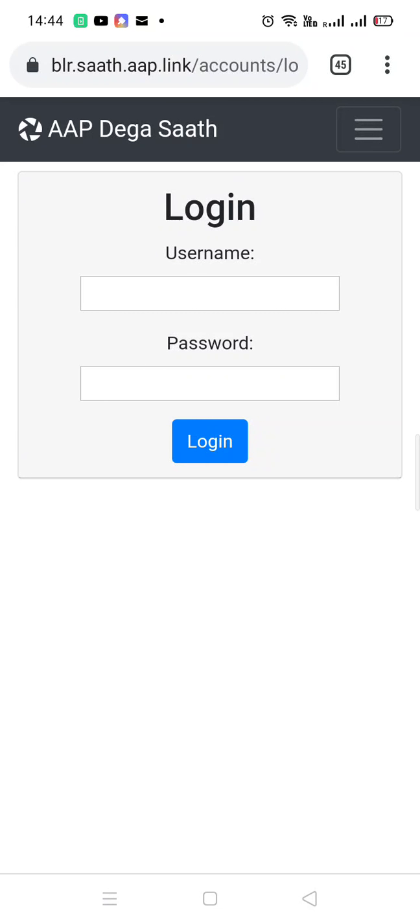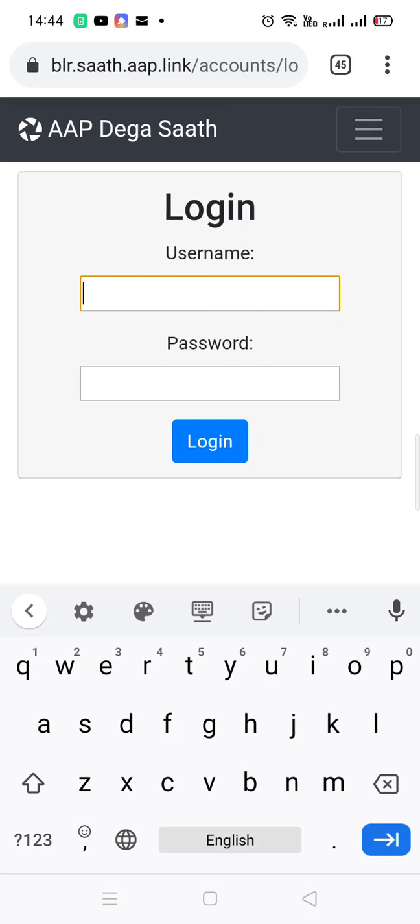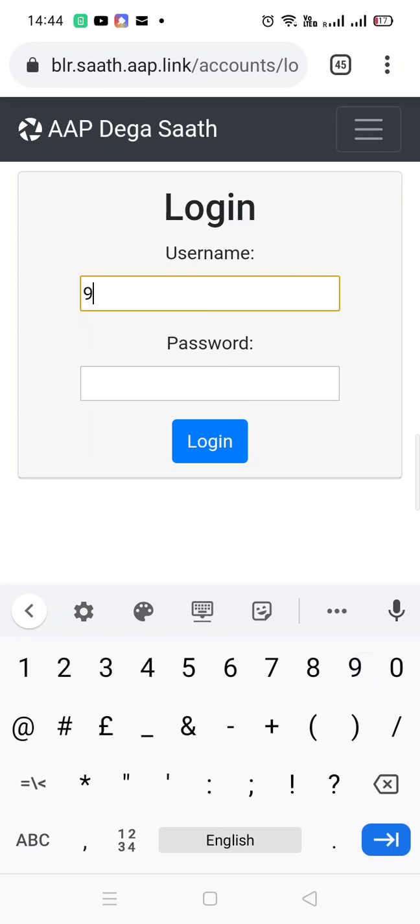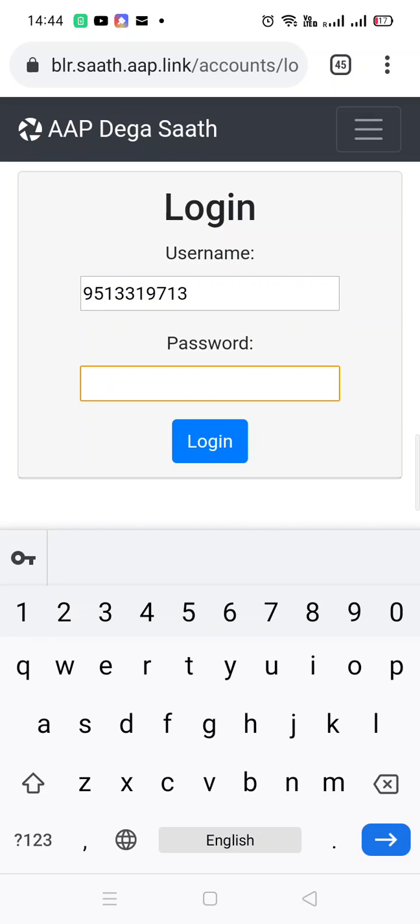Hello everyone. This video is about how to use the new system for registering the requests that you are receiving on the helpline. So basically, for that you just need to first log in with your username and password on this link which we will send over to you. Your username would be your phone number and the password is something that we will provide.